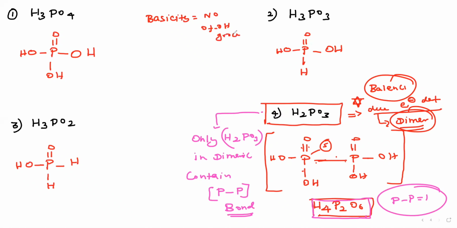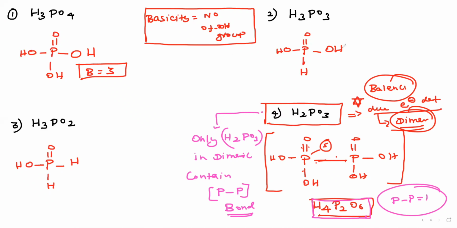The OH group, okay, very simple. Now what is the basicity for this molecule? Simple, we can find out, right? This is the OH group. Now basicity: this is 3 OH, so basicity 3; this has 2 OH, so basicity 2; H3PO2 basicity 1; in the dimer basicity 4. Understand? Okay, listen, the OH groups are responsible for acidic character. Now which is more acidic in character? This is more acidic, yes, because 3 OH are present, right? Understand? Now I'm going to give some extra points regarding the oxyacids of phosphorus, please note.